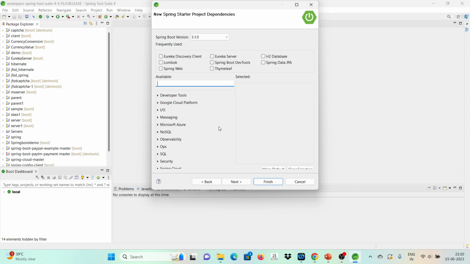And it is asking for the dependencies and the Spring Boot version. Let it create with its own version. Then we can also modify the version in the pom.xml later. And you have to select the dependencies here, which will add the dependency tag in your pom.xml directly. Or otherwise, you have to search in mavenrepository.com,